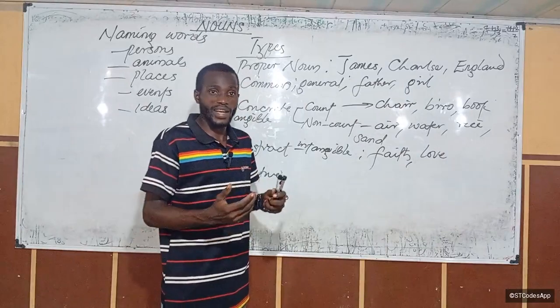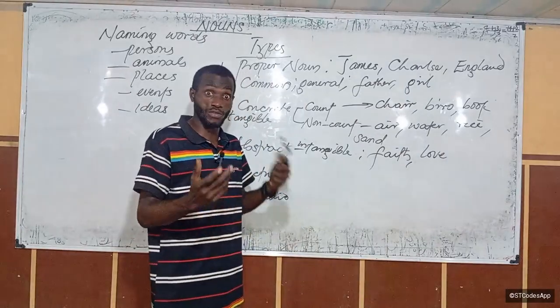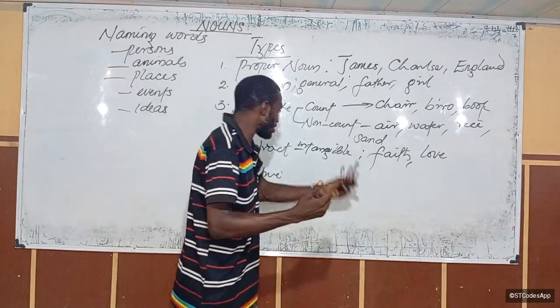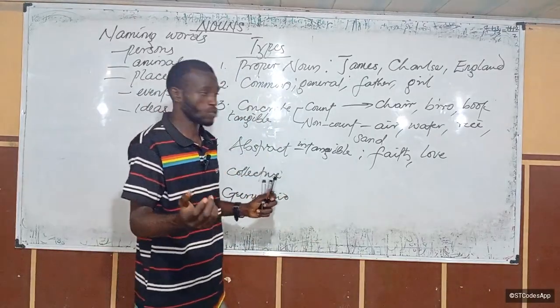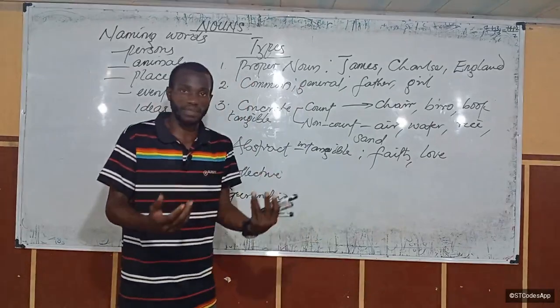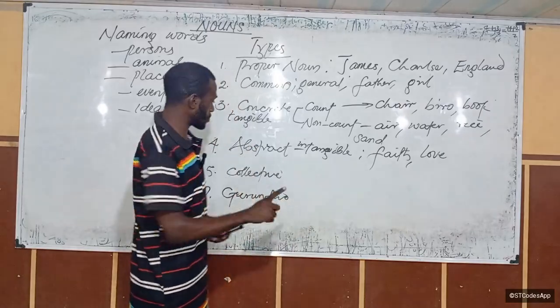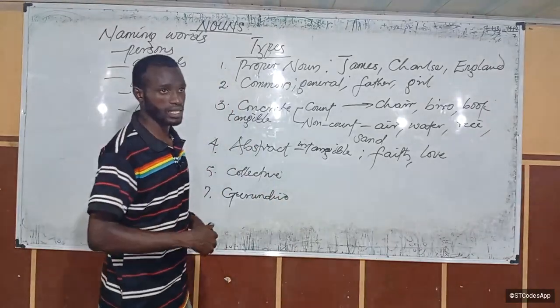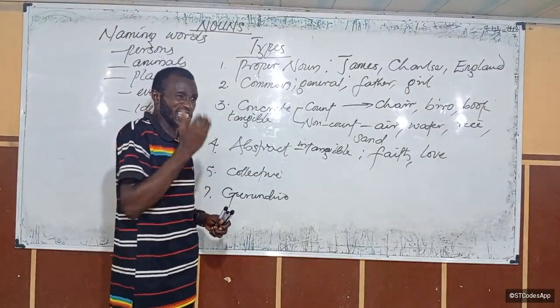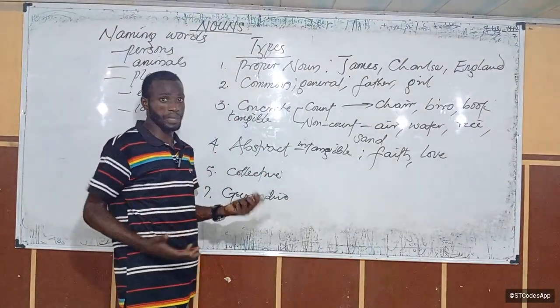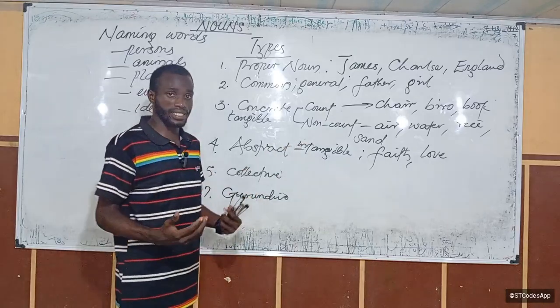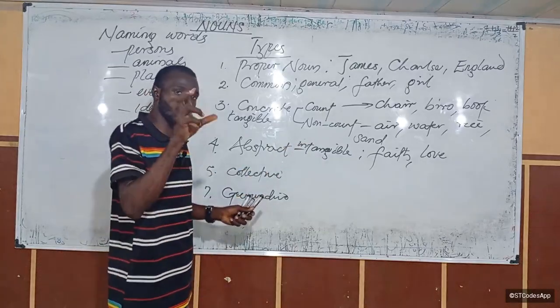So, in practice, I could now buy things for you, give you gifts. But that is still not something that is tangible. So love, goodness, peace, war, all those words, they are all abstract nouns, where we can only experience them, or maybe even feel them, like love and hate. We can feel them, but we cannot touch them.